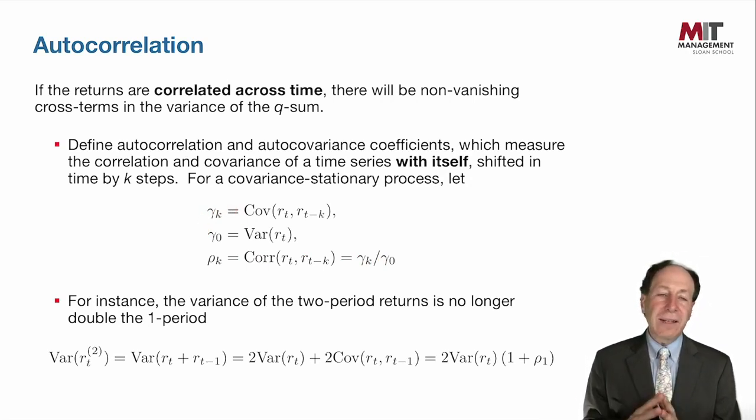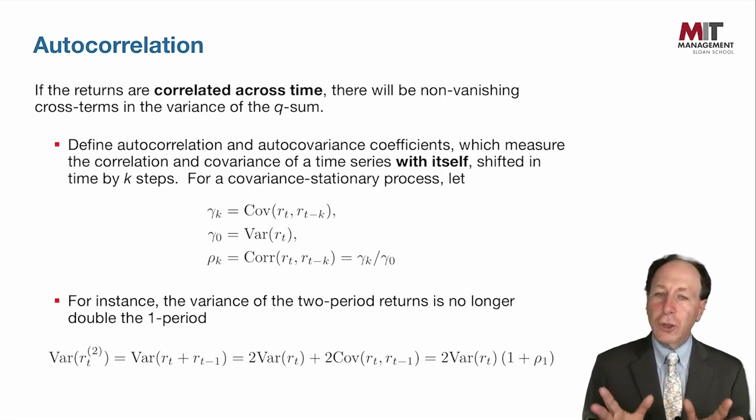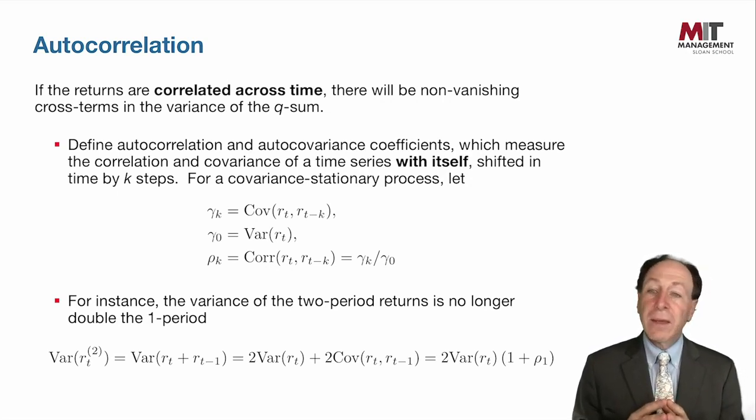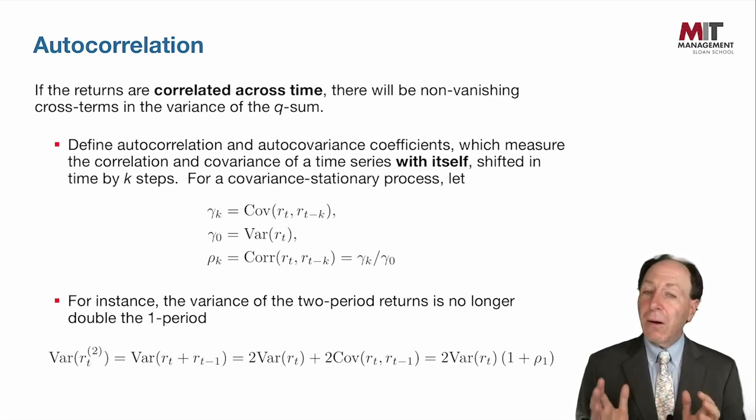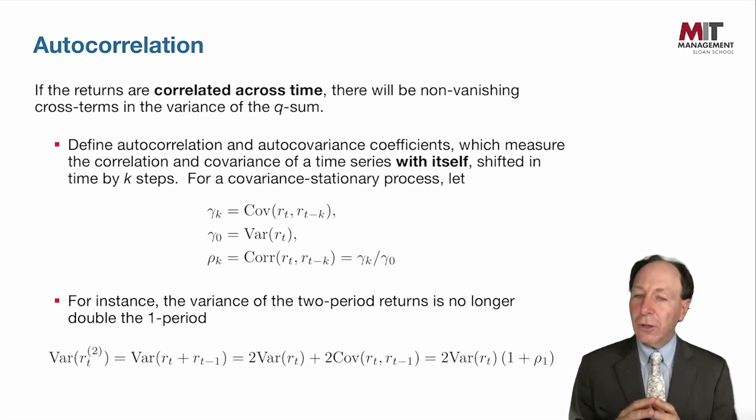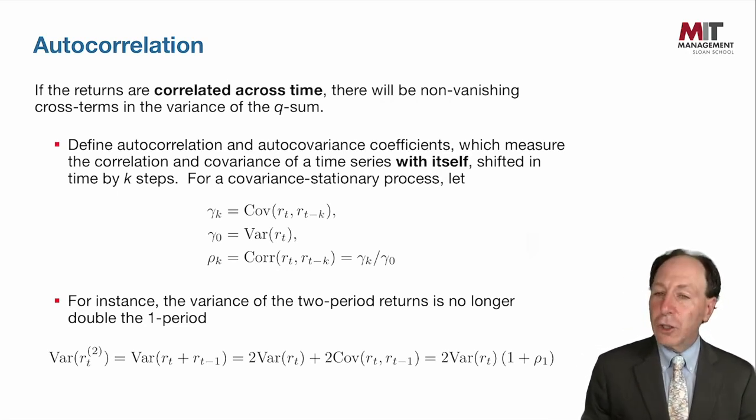So for instance, if we think about a sum of two one-day returns, the variance, if they were uncorrelated, would be twice the variance of the one-day returns. But if they are correlated, there's an extra term. So the variance of a two-day return,